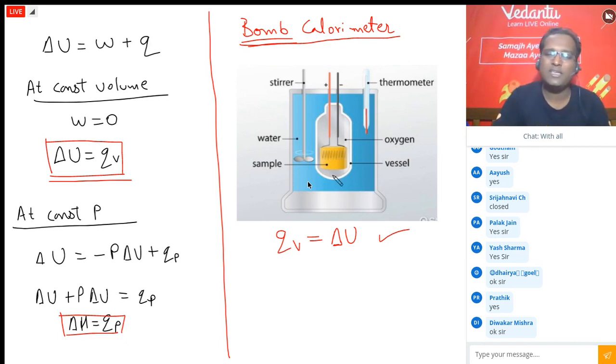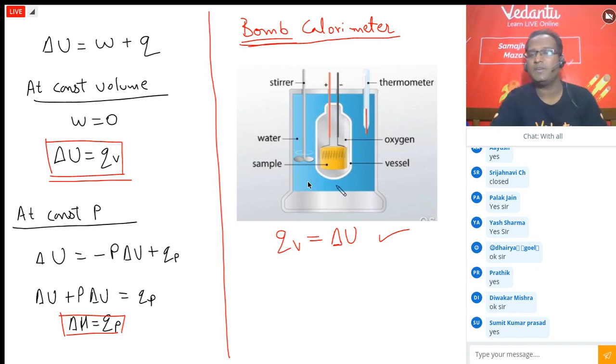Sir, but if pressure keeps increasing, it should explode. The designer is not stupid, the person who designs it and sells it. He has pressure relief valves in it. He has safety valves in it so that it does not explode.